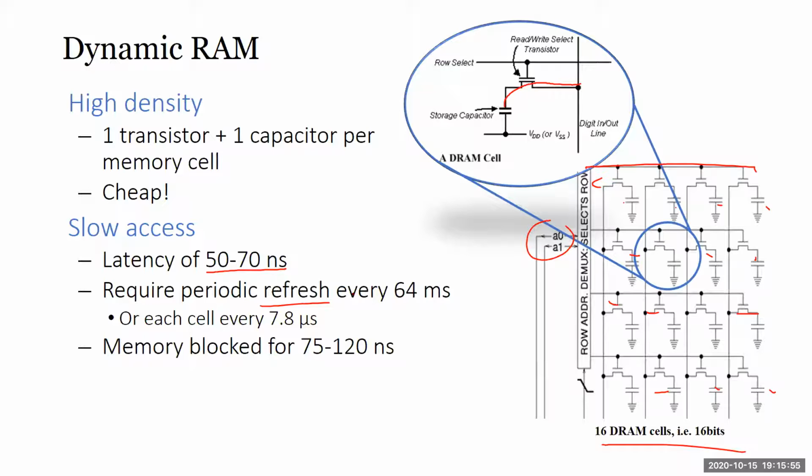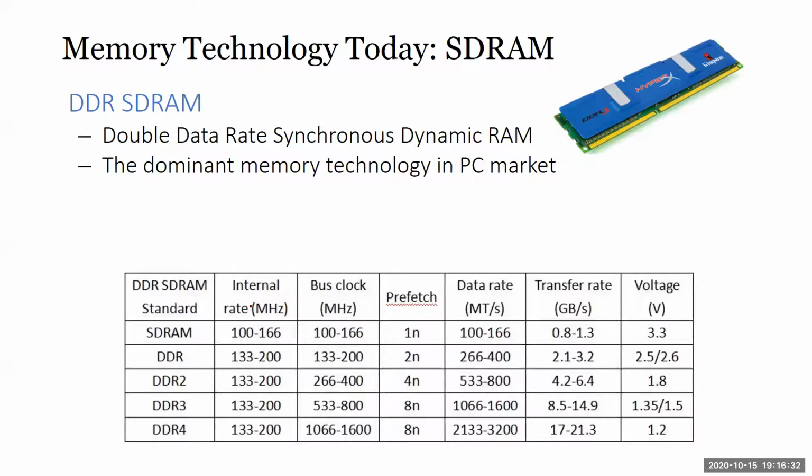But usually there is the refresh. That means while it's refreshing, imagine all these are like your cups of water, right? Maybe you have a tap here, this is where the thing drains. When you want to read, you just take a look at which container has water dripping out. You observe, then you know, oh, this is 1, this is 0, this is 1, this is 0. So when you read, you do that. But when you're refreshing, you must go through every one of them, look, and top up. So during the refresh, your memory is blocked. You cannot access the memory while you're doing one refresh. This is dynamic RAM, but it's very cheap.